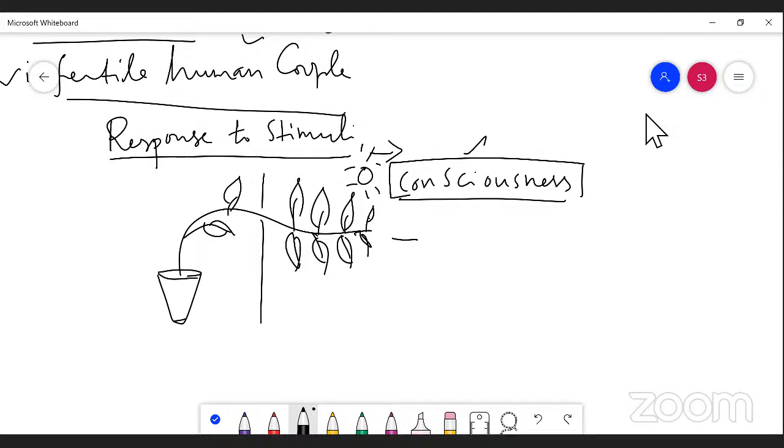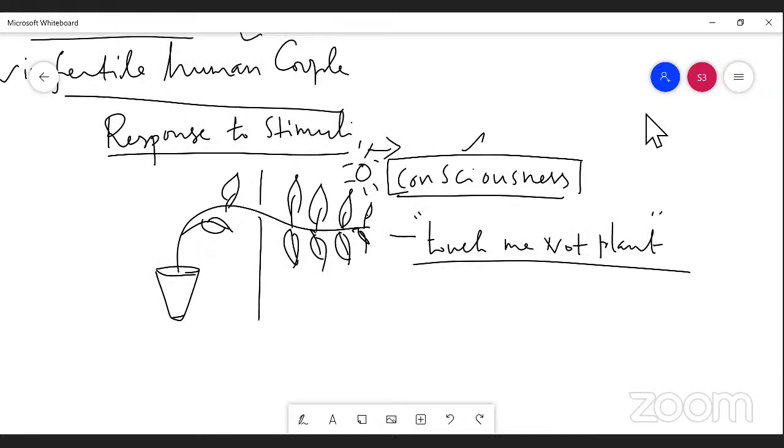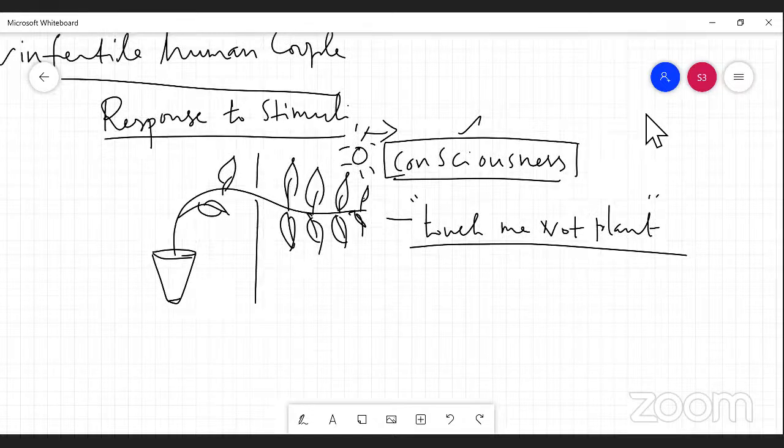The plant senses it, for example, the stimulus response. Touch-me-not plant. For example, touch-me-not plant. Another one is the